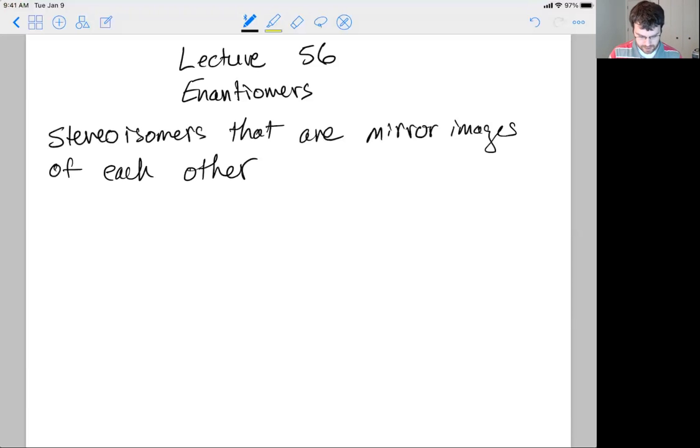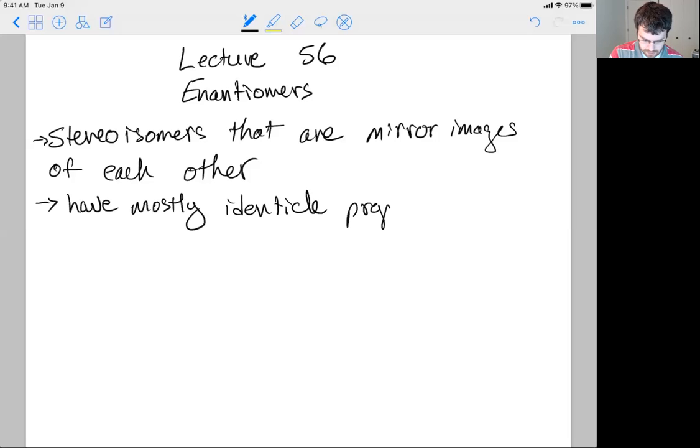Okay, so in most cases, they have mostly identical properties. And that would be melting point, boiling point, color, that sort of thing. But